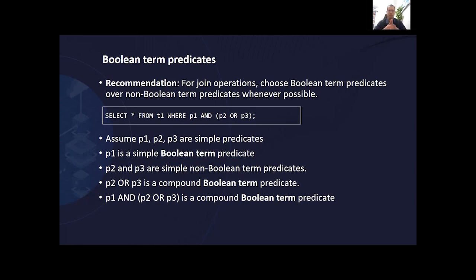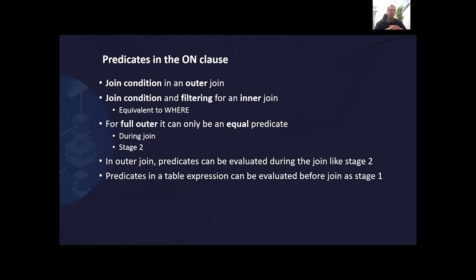So here is just an example from the doc discussing what a Boolean predicate is. The recommendation is to use Boolean predicates as much as you can, whenever possible. So what can be the predicates on the join clause? Yeah, so again, going back to my very first example,